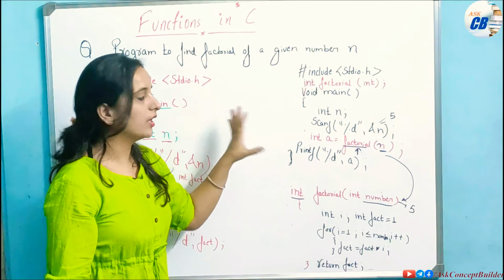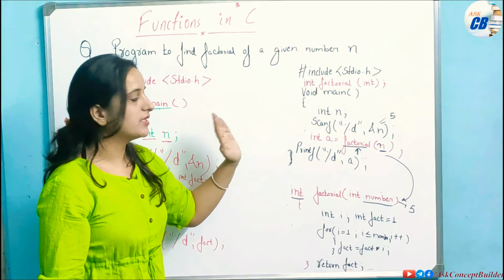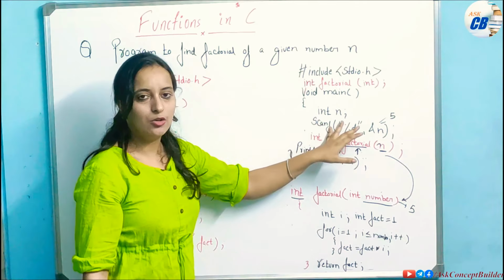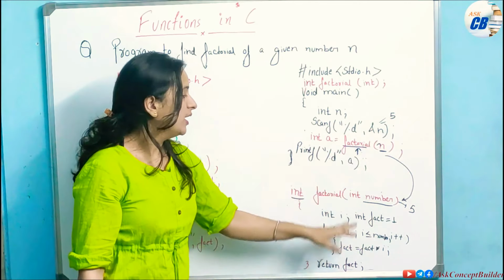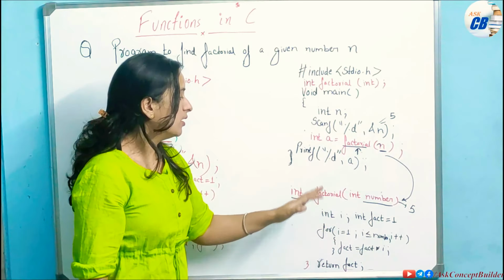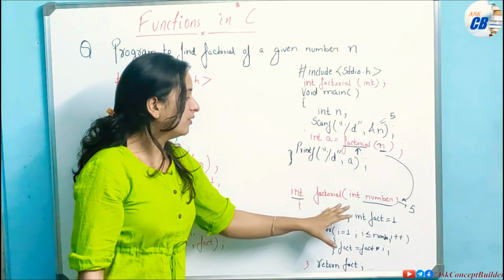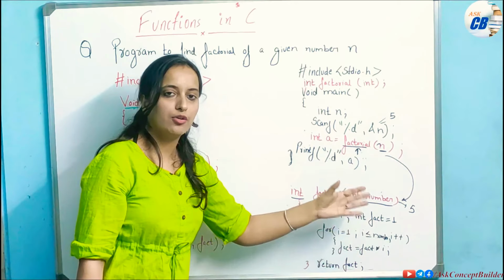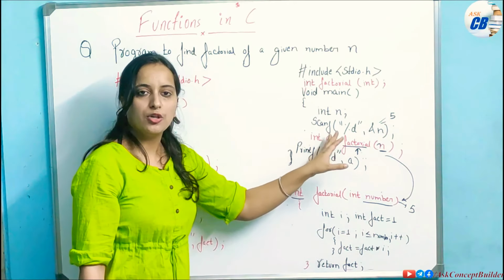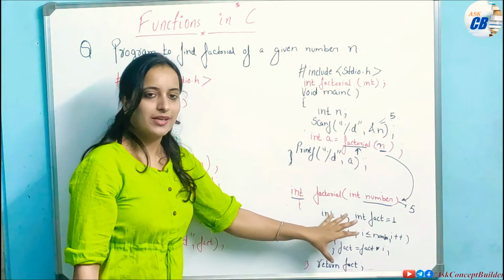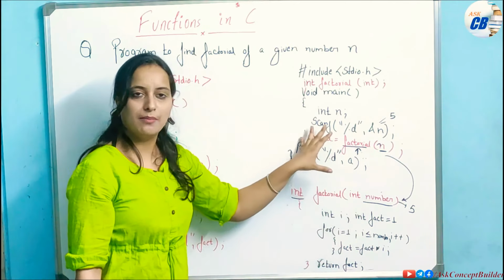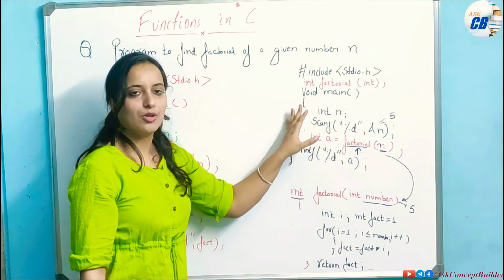So what difference you can see in these two is that this is simple and precise. Your main function is very precise: the n value you have taken, now you want to find the factorial, you directly call your factorial function, and now it is the problem of your factorial function to calculate the factorial and give it back to the main function. Your main function does not have to worry about all the steps of the factorial; this factorial function will calculate it and simply pass it. So this main function has become very precise.